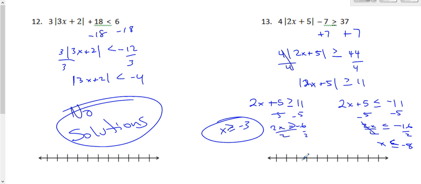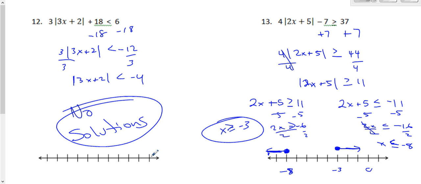So we graph these. So here could be -8, and here could be -3, and here would be 0. So for -8, we are less than or equal to, so we'll put a solid dot, and less than or equal to means going to the left. And for greater than or equal to -3, we are going to have a solid dot and an arrow going